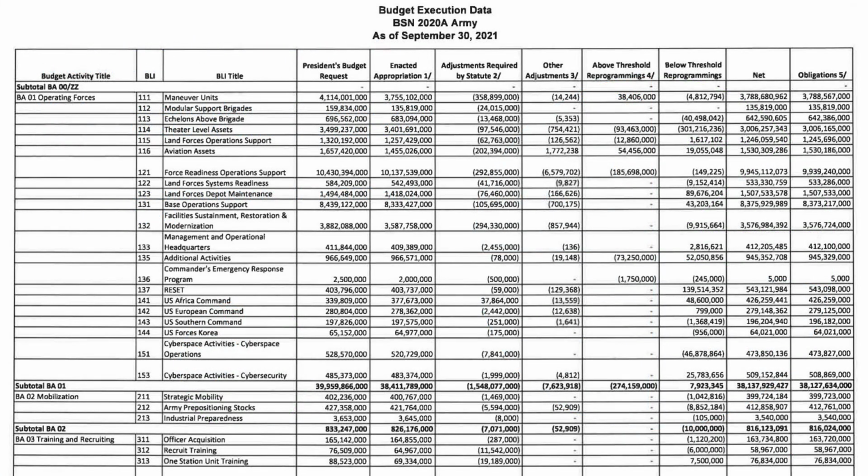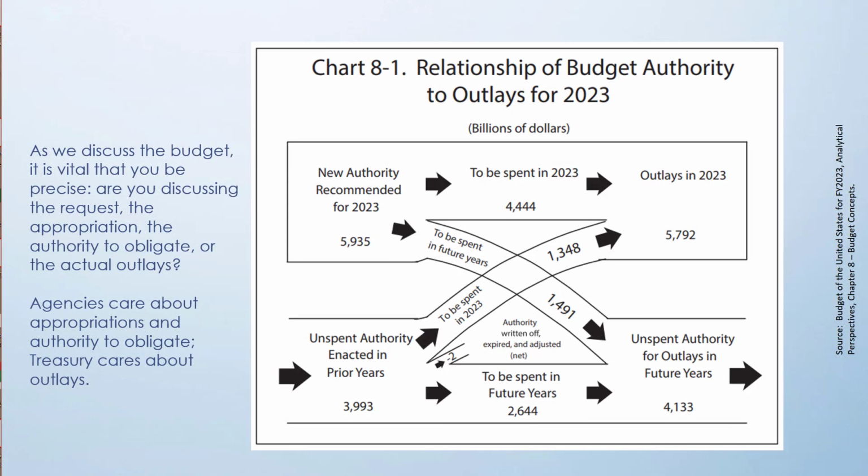The other thing to be cognizant of is when we talk about budgets, we often talk about different numbers. Sometimes we talk about what was requested in the budget. Sometimes we talk about what was appropriated by Congress in response to that budget, which is typically a different number. We might be talking about what is our authority to obligate, which could differ from the appropriation if we have, say, reprogrammed or transferred some money around. Or we may be looking at the actual outlays, how much actually left the Treasury